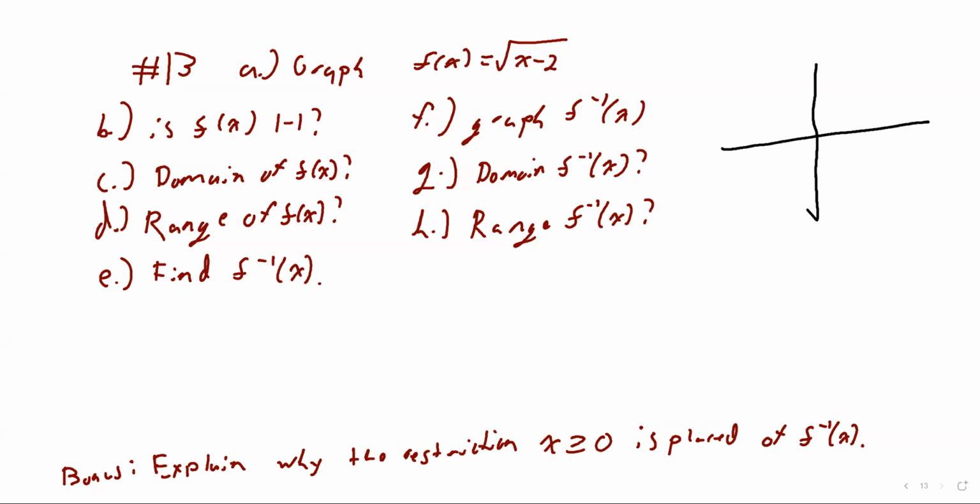You get a negative, and we can't graph imaginary numbers. You plug in 1, you get a negative, we can't graph that. So if we start with 2, we get 0. And then I can choose like 3. 3 minus 2 is 1. Square root of 1 is 1. 6, because I'll give you 4. So 6 minus 2 is 4. Square root of 4 is